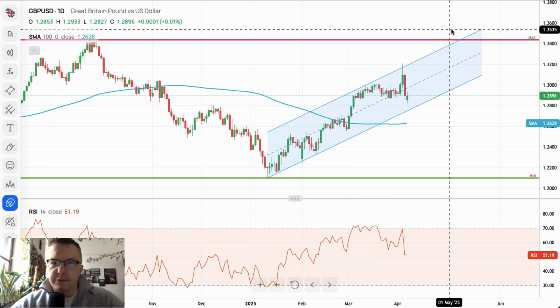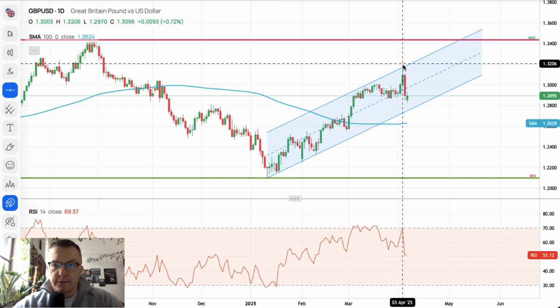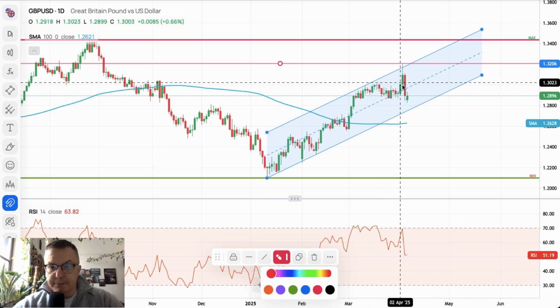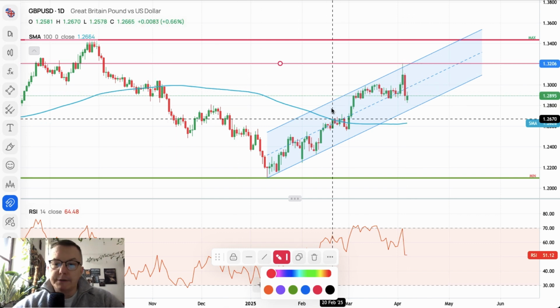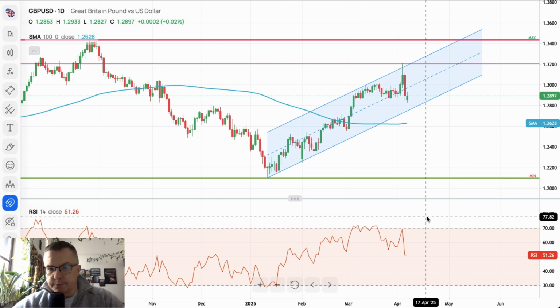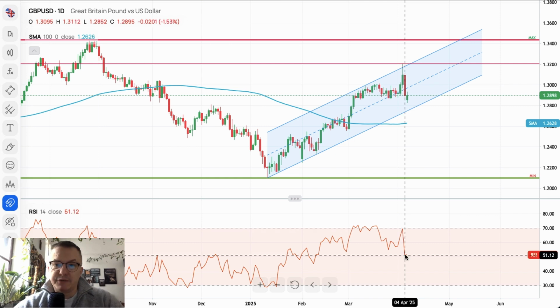On this daily time frame chart, we can clearly see that the last swing high was done at the level of 1.3206. So we will mark it as the technical resistance, and this pattern, which is basically a bearish engulfing pattern, might indicate that some sort of big supply came to the market. You can take a look here. On the RSI, we reversed from the extremely overbought conditions back down towards the level of 51 straight